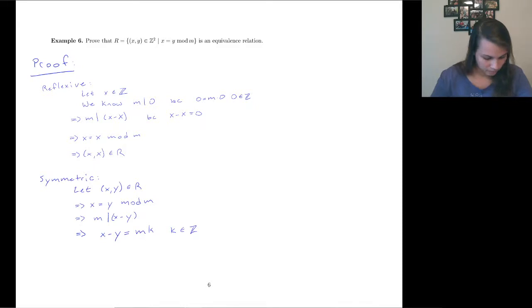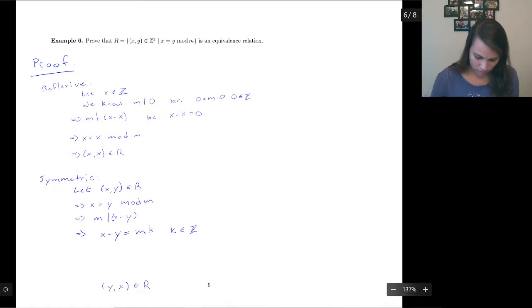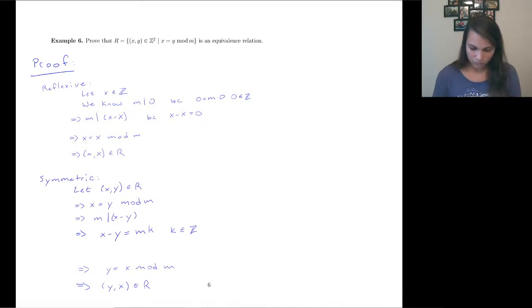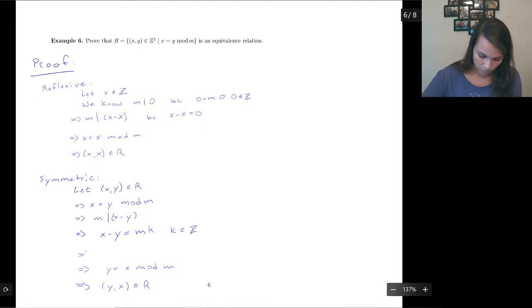And then, so that's what we want to do. So we're hoping for y comma x is going to be in R. That's where we want it to end, which means running it backwards, we're hoping for y equals x mod m, which means we want to have m divides